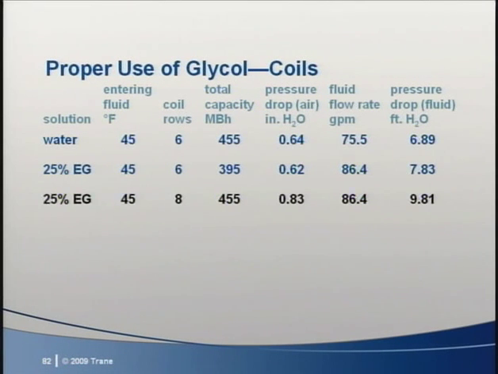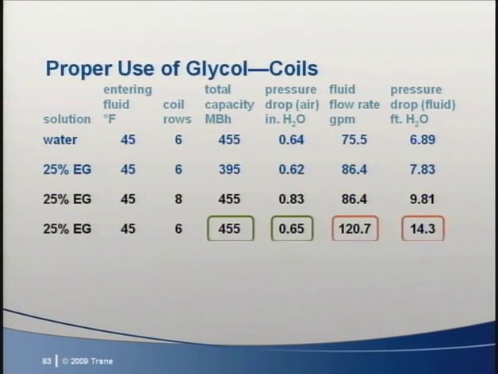If this coil is being selected for a new installation, one way to get the desired capacity is to increase the surface area. Going from 6 to 8 rows returns the capacity of the coil. This approach increases the air and fluid pressure drops. Another thing we can do is increase the flow rate. This avoids any increase in air pressure drop, but results in an even higher fluid pressure drop and pump energy